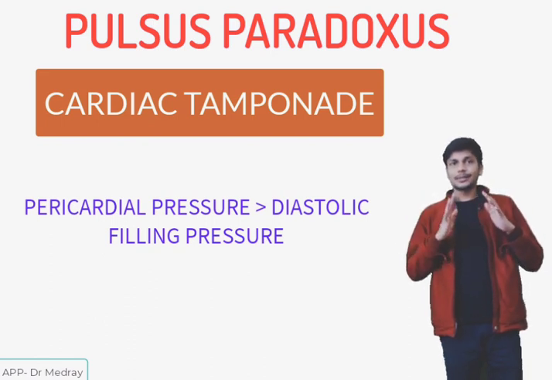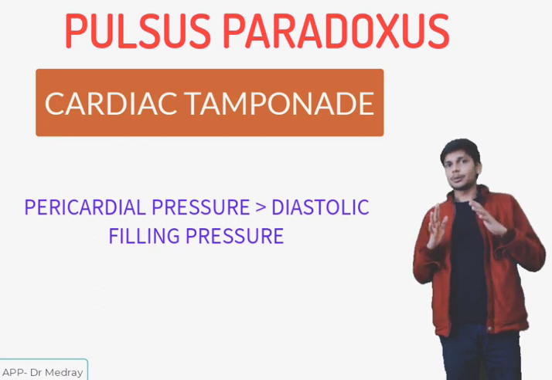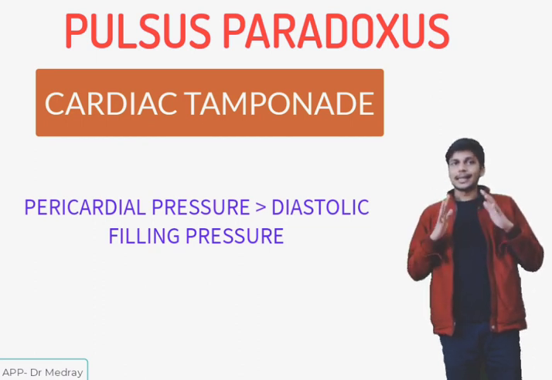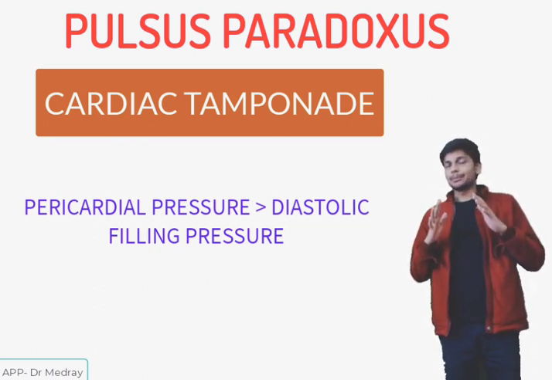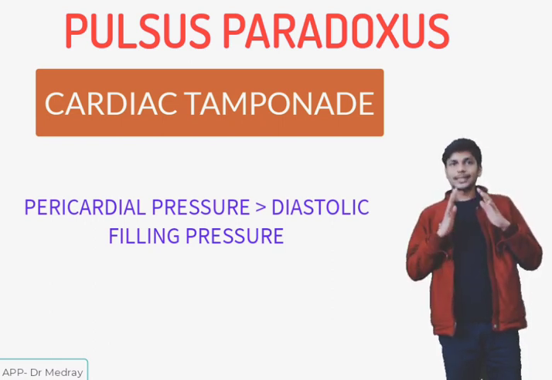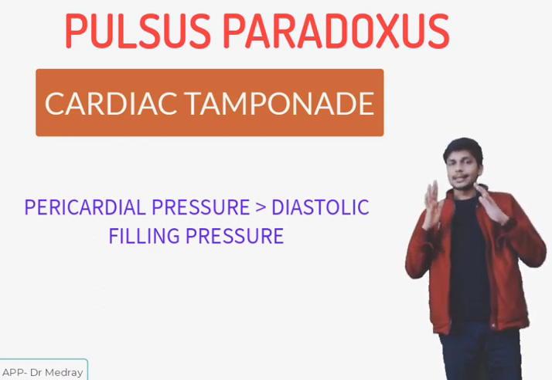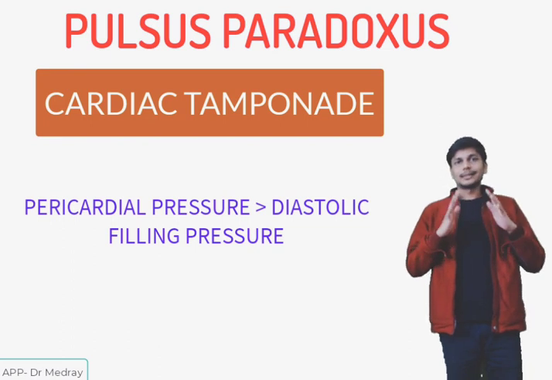pericardial pressure becomes more than the diastolic filling pressure, the ventricle cannot be filled properly. During inspiration, when there is more venous return to the right side of the heart and the interventricular septum is impinging itself on the left ventricle, and further there is constriction of the pericardium or the increased pericardial pressure, which is not allowing the left ventricle to expand, it will lead to more decrease in the stroke volume, and sometimes the stroke volume is decreased to